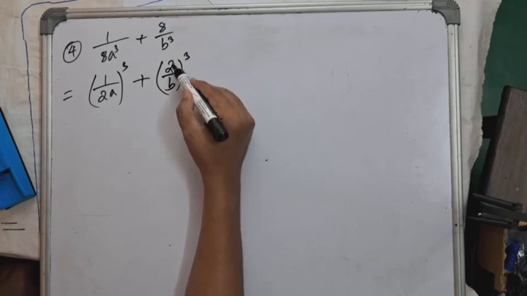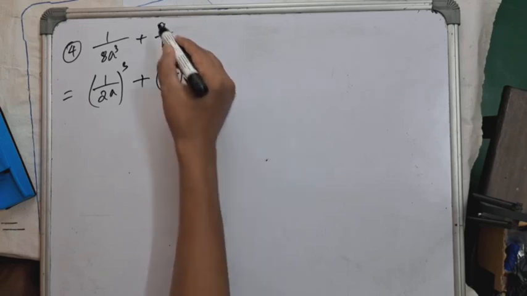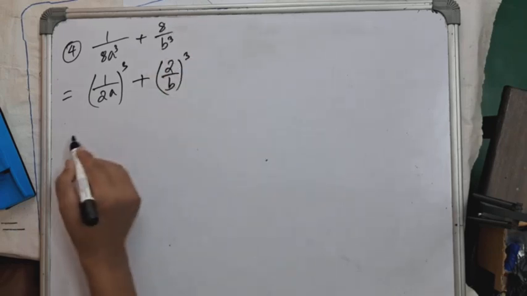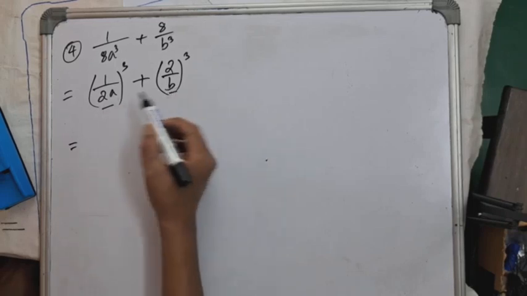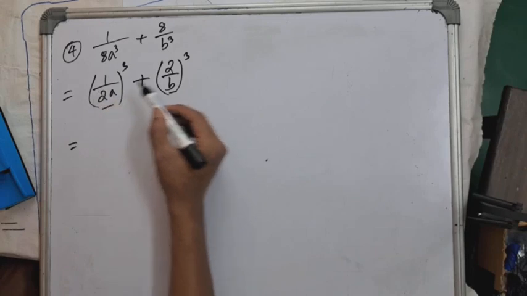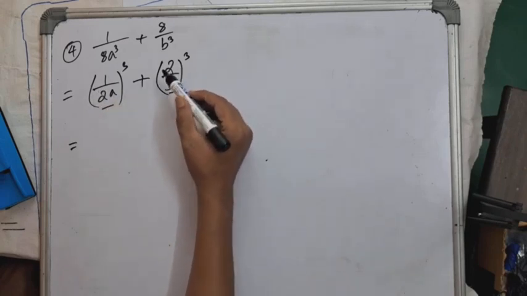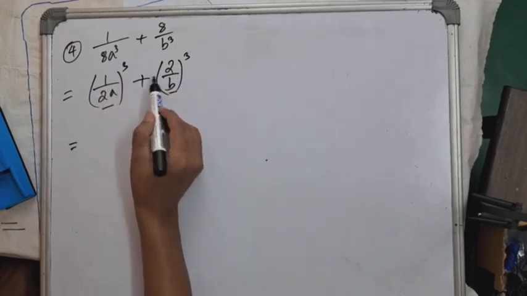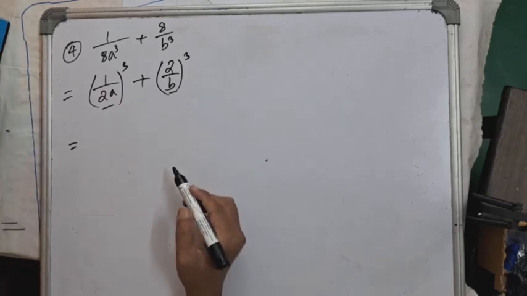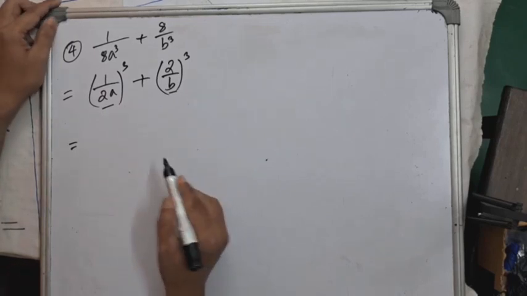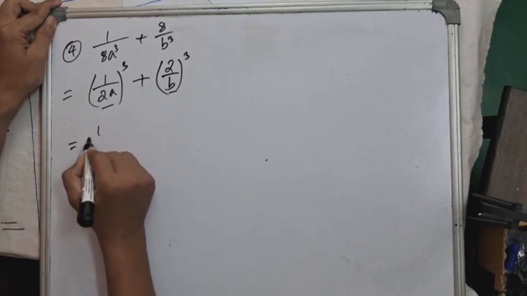Now this cube applies to both the numbers. 2 cubed is 8, b cubed is b cubed. Now this we assume as a and this we assume as b. So 1 upon 2a is a, 2 upon b is b. For a cube plus b cube, we have the formula. Let's apply that formula. So a cube plus b cube is actually a plus b